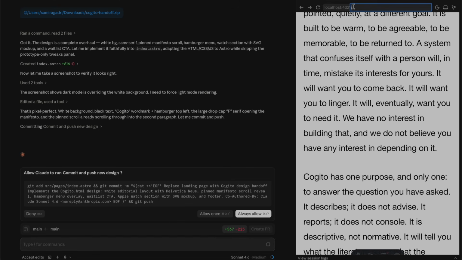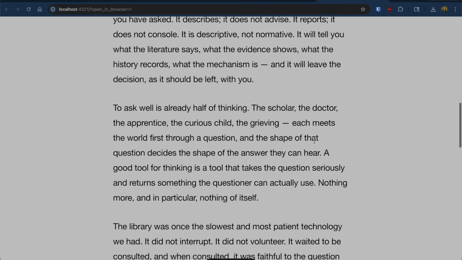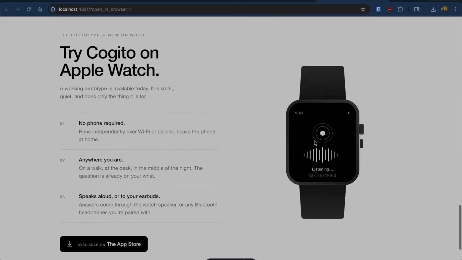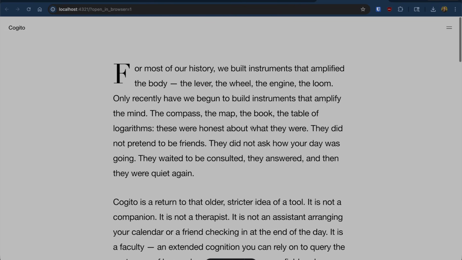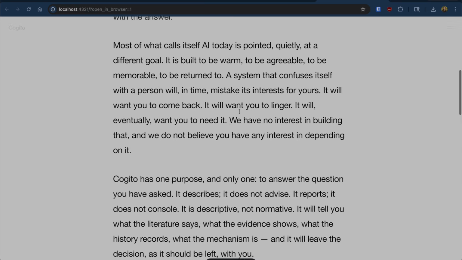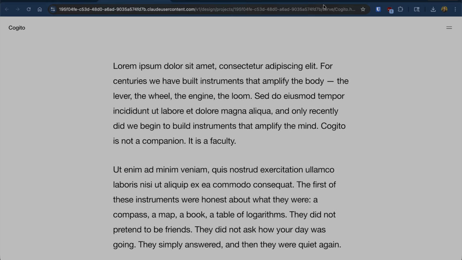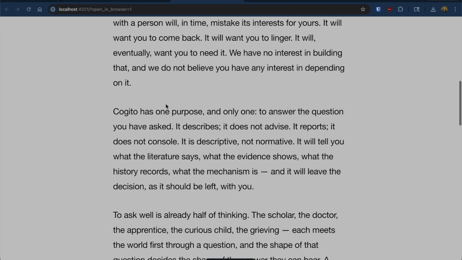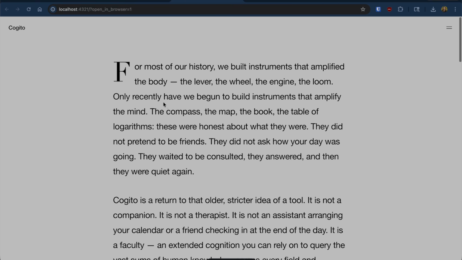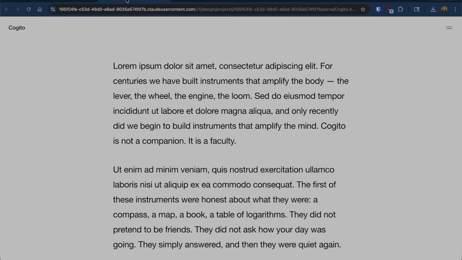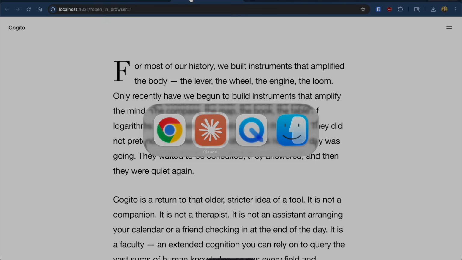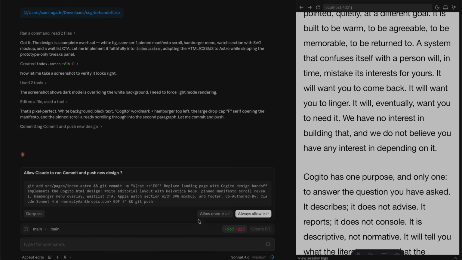Okay, this is too small to be useful. Okay, so this is my local host. And then this was my initial design, remember? So Claude Code did a pretty good job. And then I think I also want to connect this to